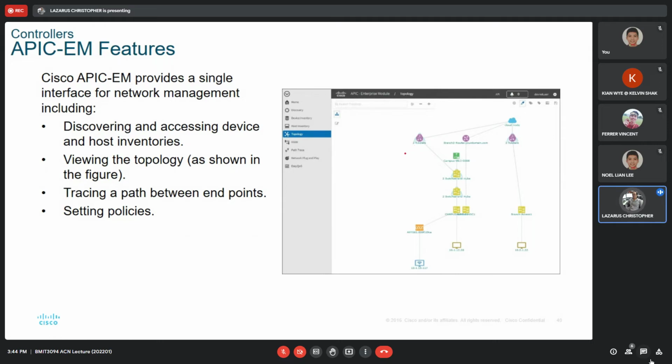Okay, this is a digital twin. This is a representation of the real hardware. Okay, so you can see this is a topology, right? A real topology. You can also see the connectivity between them. Which is, you can set the policies for each of them, and setting policies basically is a set of configuration that you can do on these devices,